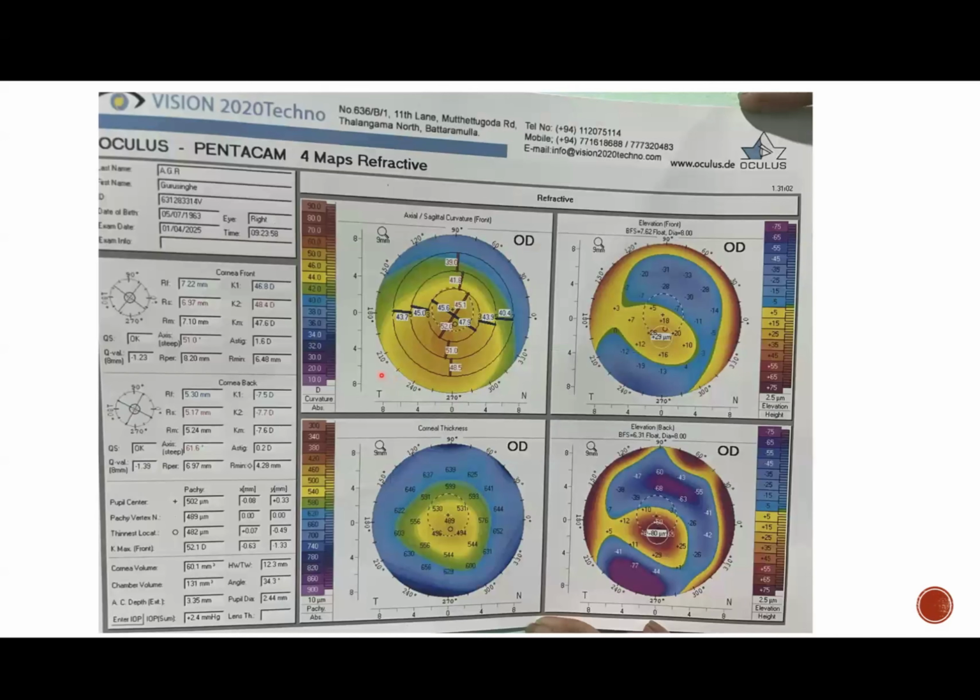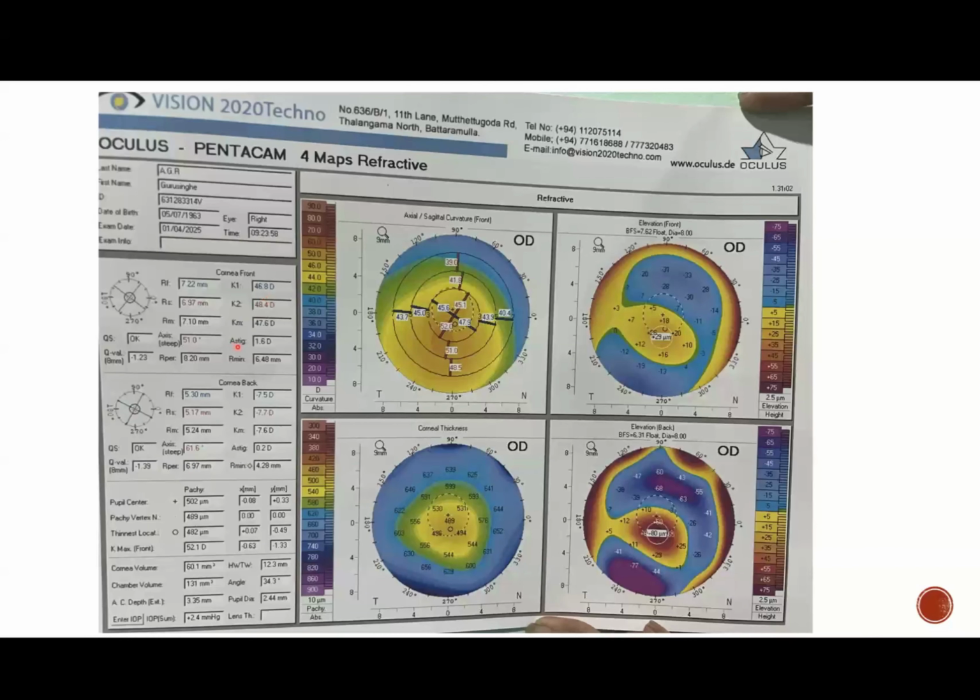So we ordered a Pentacam. If you look at the Pentacam, you can see the values. This is a bit of a complex report. There are a lot of details available, but for our general practice, just look at this one. You can get a little information and match it to your practice. So you look at the K1, K2, this 46, 48. This is the steep reading. The steep axis is given by the red color.